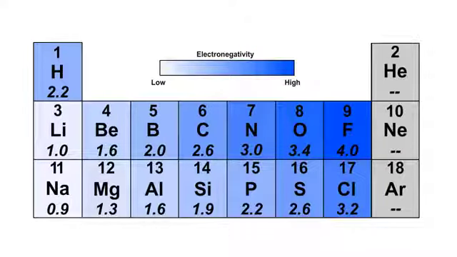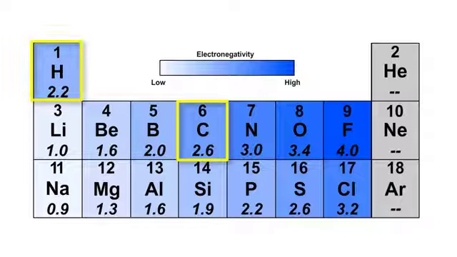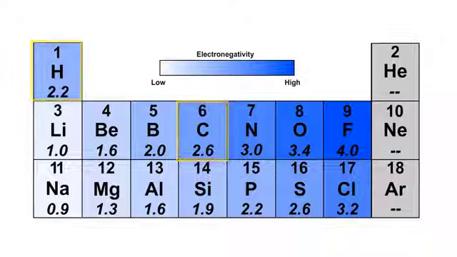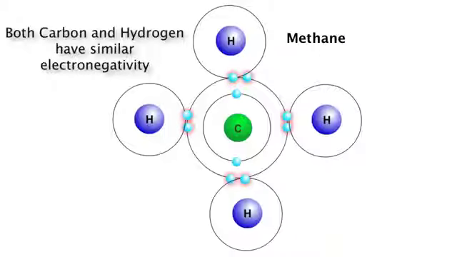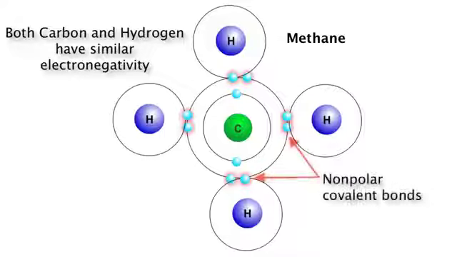Look closely at the symbols for carbon and hydrogen. Notice that they have similar shading and close electronegativity values. This means that when carbon and hydrogen are bonded together, as shown in this methane molecule, both atoms have a similar ability to attract electrons. Neither element pulls more than the other. This type of covalent bond is called a nonpolar bond, since the electrons are more or less equally shared between